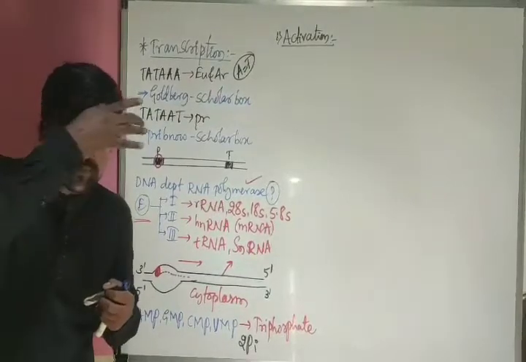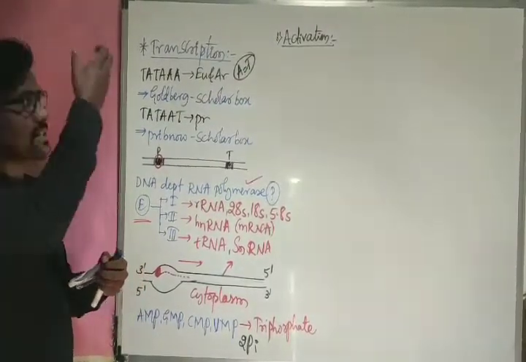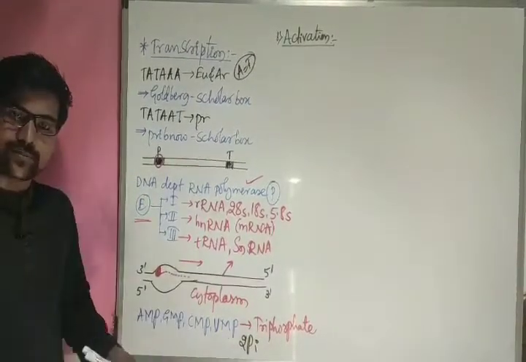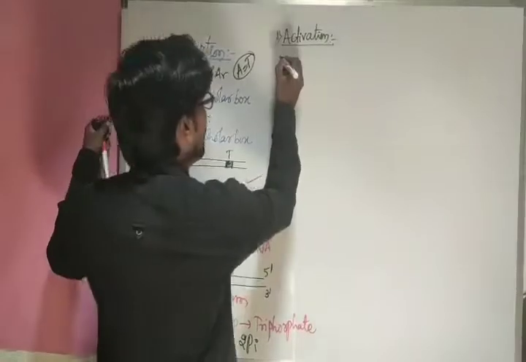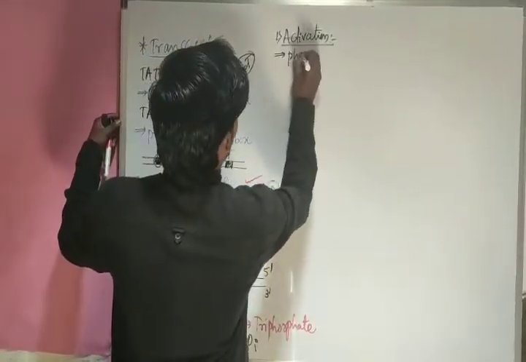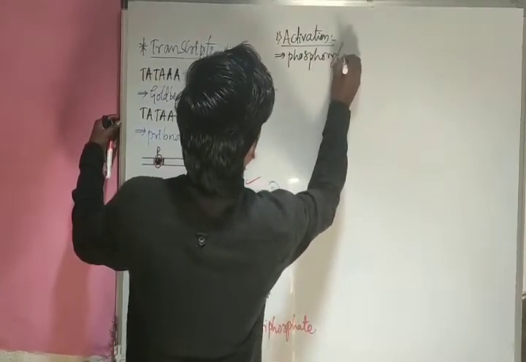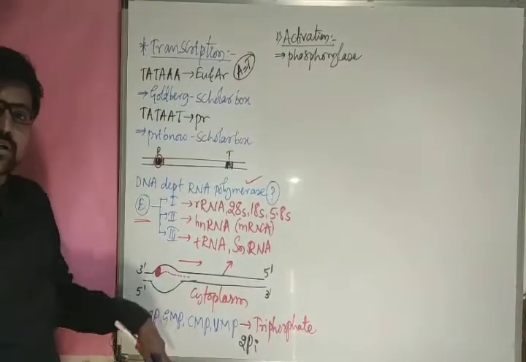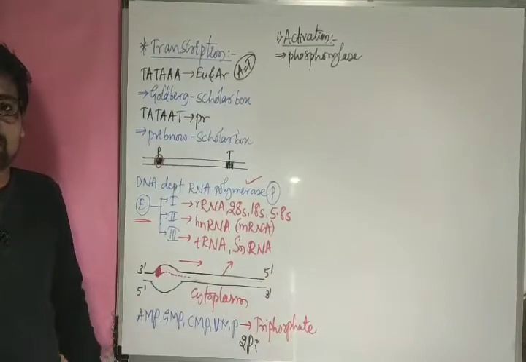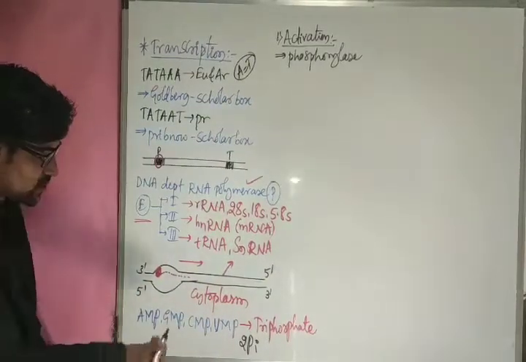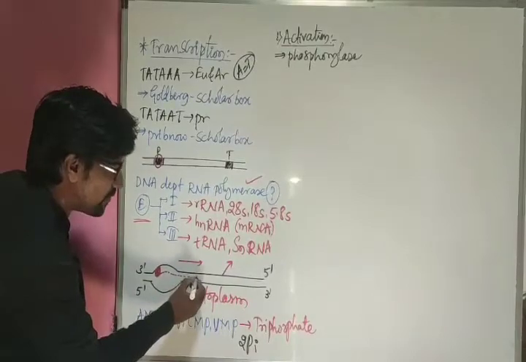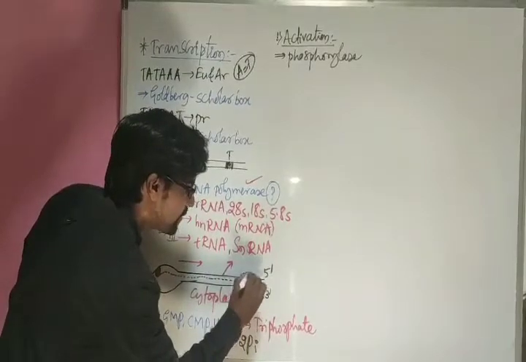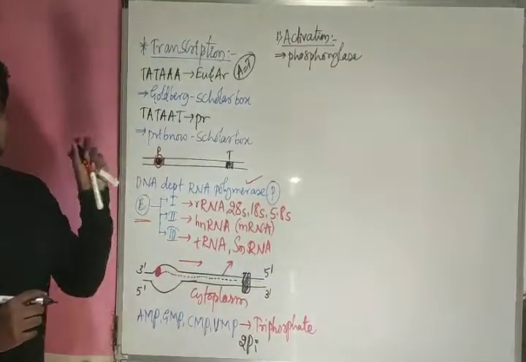Okay, the first step is activation. Activation of what? Activation of nucleotides. Monophosphate get converted into triphosphate. And for this process to happen, one important enzyme is used, that is phosphorylase enzyme. The work of phosphorylase enzyme is addition of inorganic phosphates to these forms. They get converted into triphosphate forms. So that step is the activation. After the activation, those complementary nucleotides joined one by one, and the production of mRNA continues up to what? Up to the terminator region. Imagine this is the terminator region. Up to the terminator region, the process continued.